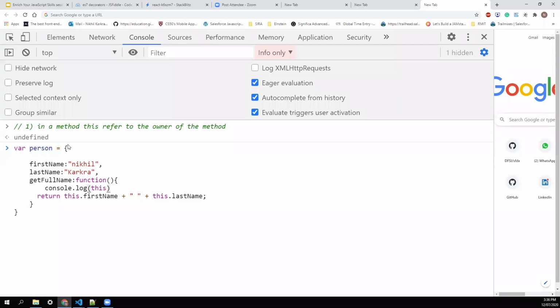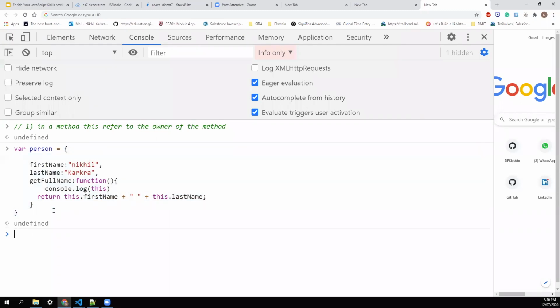As we saw in the slides, in a method, this refers to the owner of the method. Who is the owner of this method? It is an object. So person is the this under this context. So many this, don't get confused. So when we call this in a method, this represents the owner. It means this object will be the this.